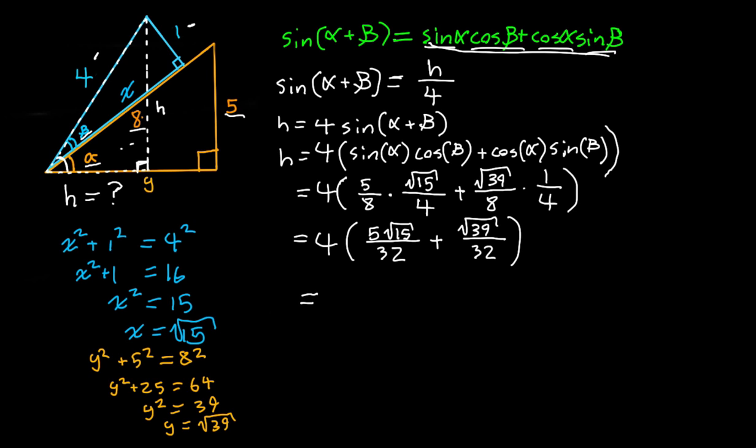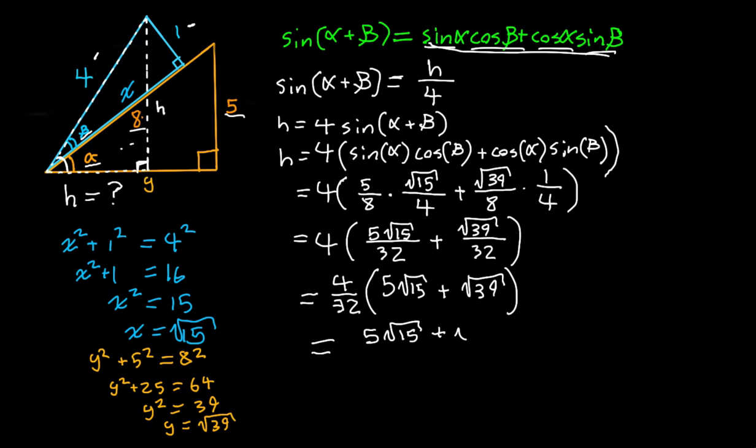We're going to have 4 divided by 32 times 5 square root of 15 plus square root of 39, or this is all going to be equal to 5 times the square root of 15 plus the square root of 39